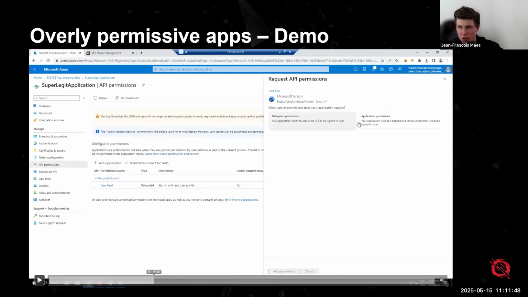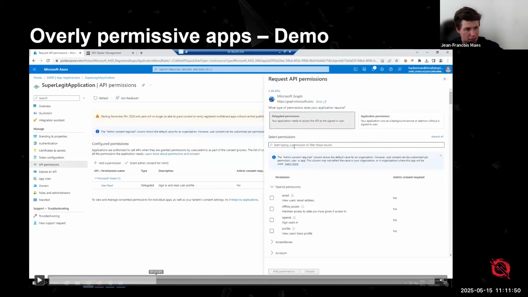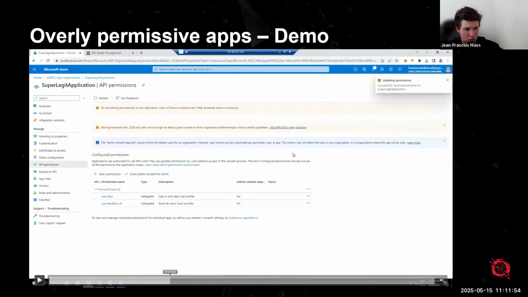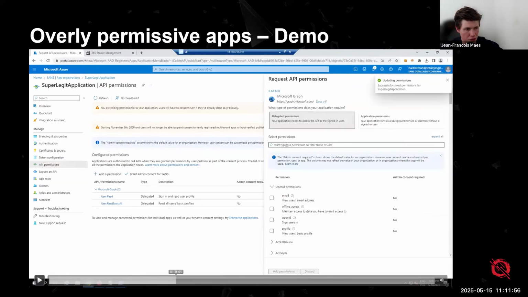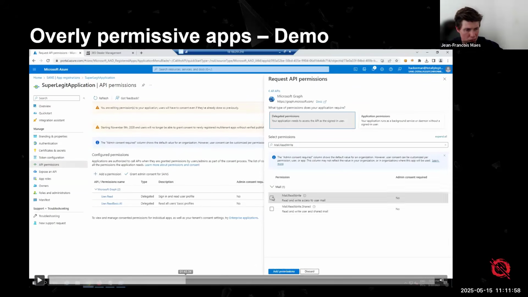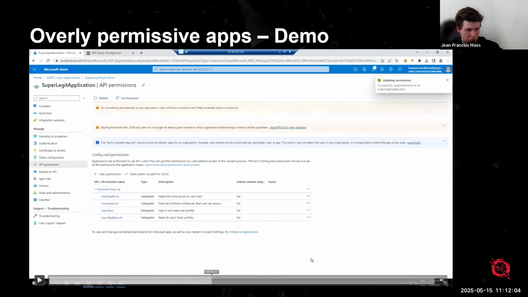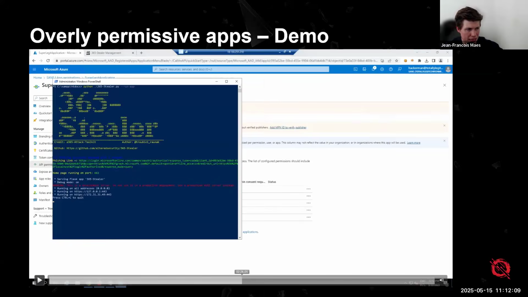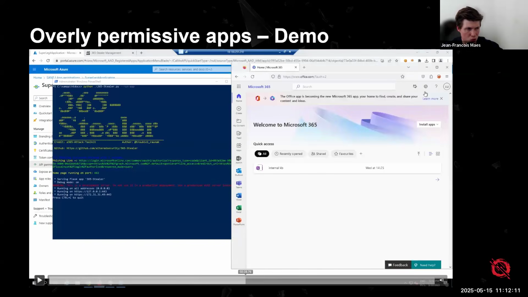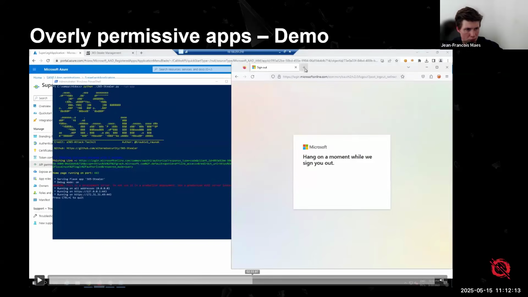Basically, here I'm going to start adding permissions for my application, right? So this is where the danger lies. I'm going to give myself enumeration rights on the victim. I'm going to allow myself to read and write to the user's email, send emails on behalf of the actual victim, give myself access to the OneNote of the victim as well. And then I'm going to host my actual payload on a legitimate Microsoft URL.